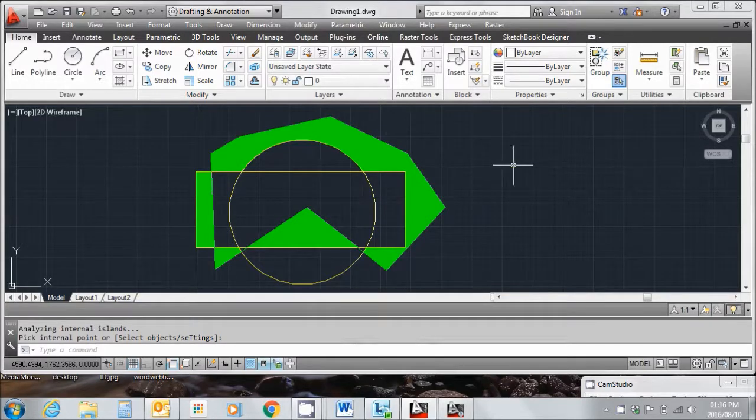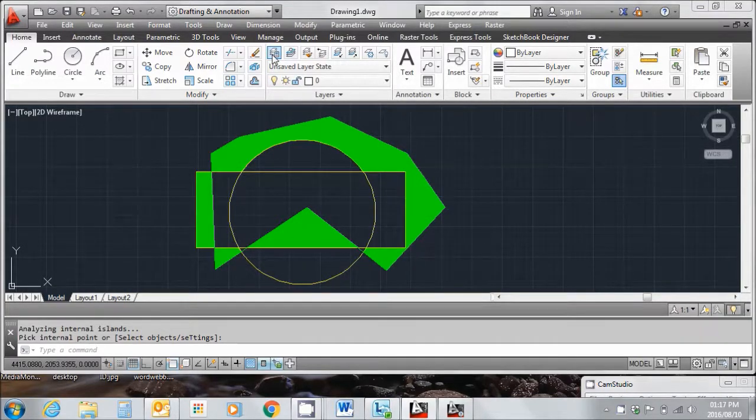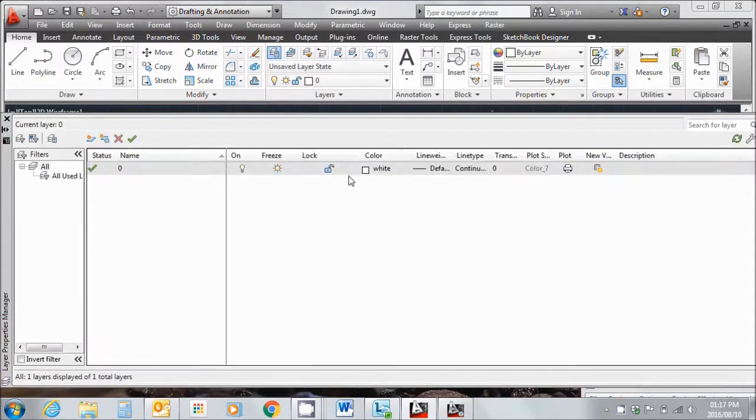It's on one layer. What I'm going to do now is I'm going to put these items onto different layers, so I can show you then how to switch them on and off. Okay, so in order to create different layers, I need to go to the layer manager, which is this button over here, layer properties. And when I do that, an interface comes up, a GUI,